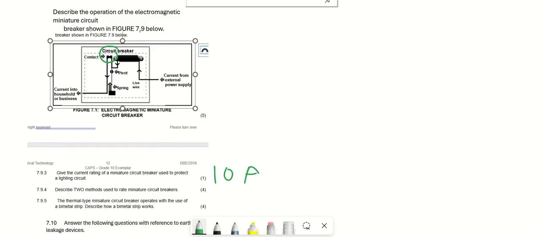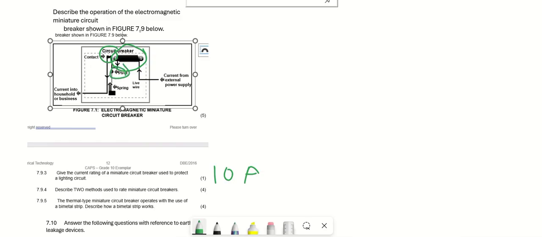The magnetic field set up in the structure will be strong enough to pull and release the latch due to the high current. Here is the magnetic field. This opens the contacts and disconnects the current flowing through the circuit breaker.